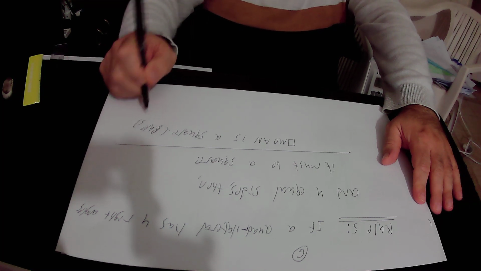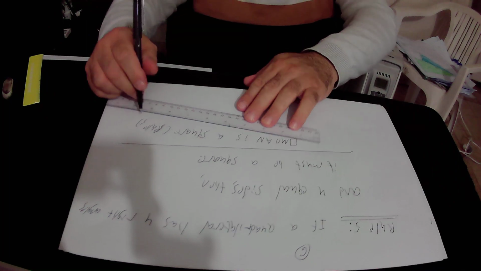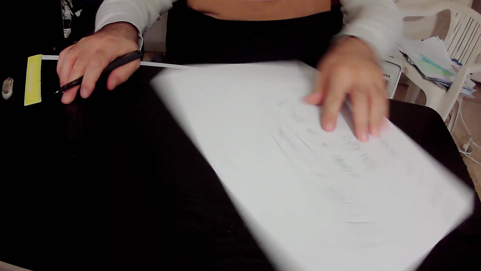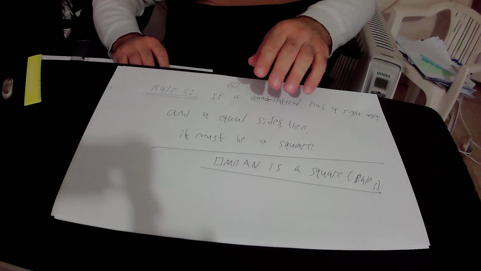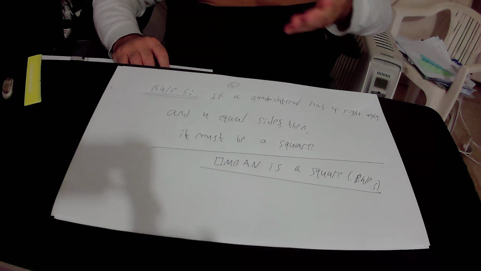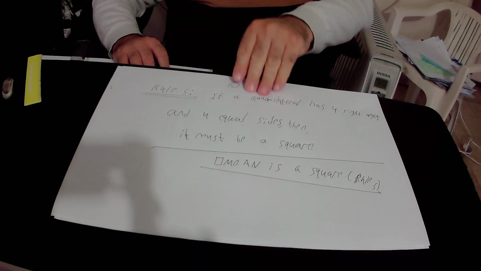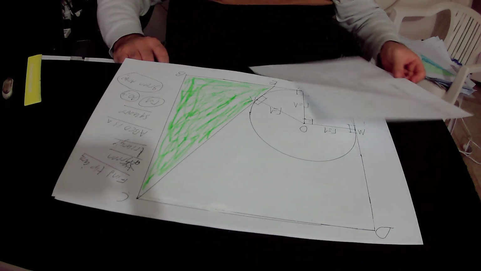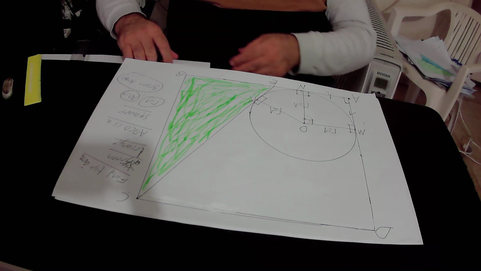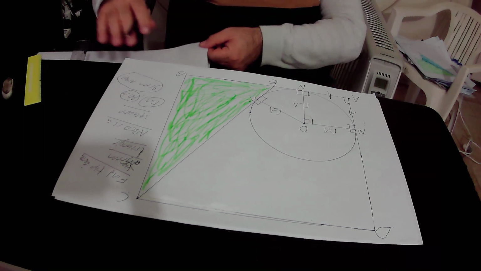Okay, repeat again, because quadrilateral MOAN has 4 right angles and 4 equal sides, quadrilateral MOAN is a square according to rule number 5. And we also have rule number 6. According to rule number 6,